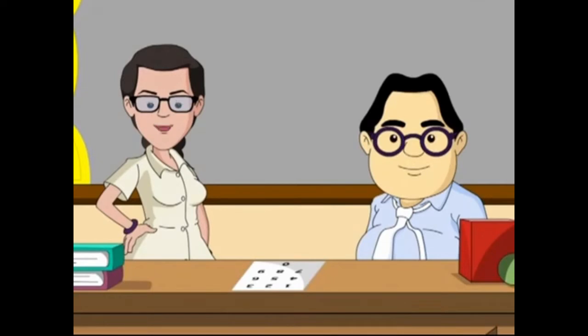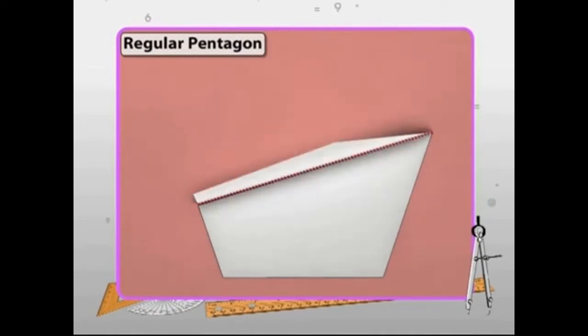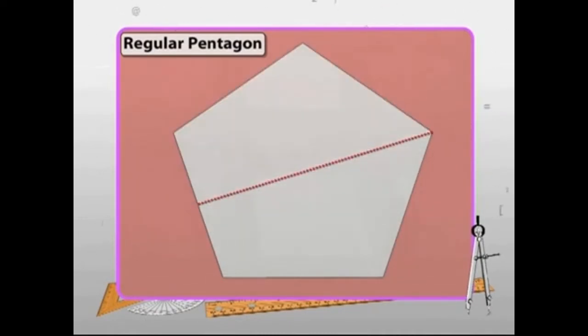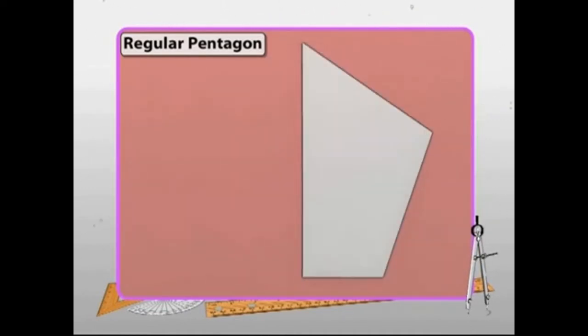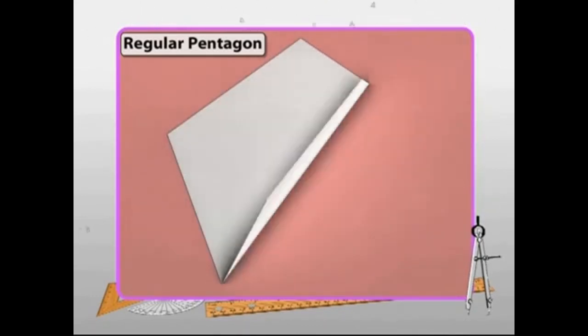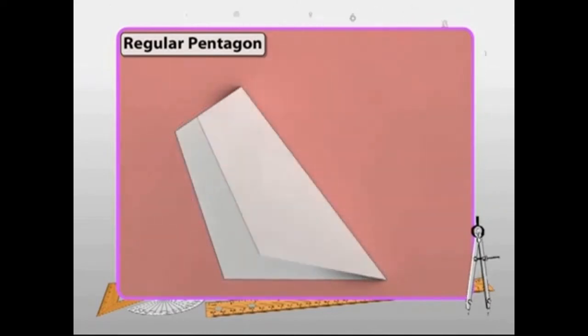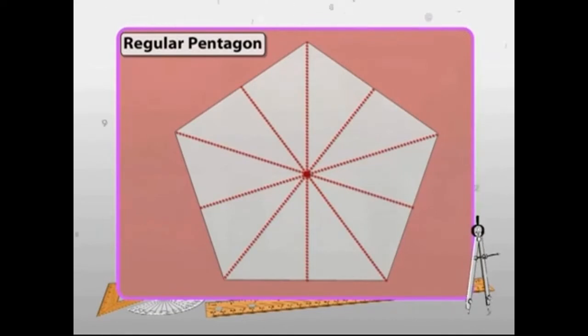Anyways, time to go to the virtual world now. Let's consider a regular pentagon. We can fold this pentagon along 5 lines such that the two halves formed by each line coincide with each other. Thus, a regular pentagon has 5 lines of symmetry. These 5 lines represent the angle bisectors and the perpendicular bisectors of its sides.